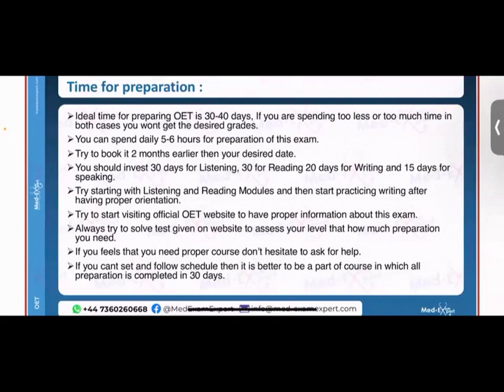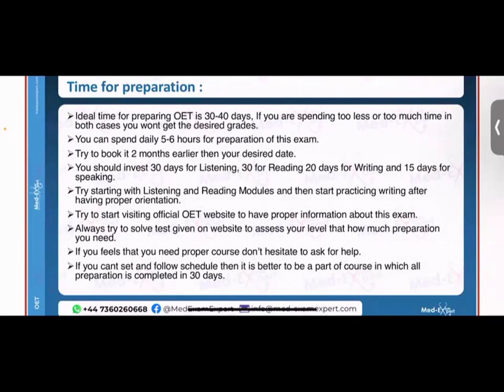But if you are doing much more, like spending 2 to 3 months on this exam but without continuity, you read for 2 to 3 days and then there is a gap of 7 to 10 days, then you solve some exercises for the next 2 to 3 days, and then again you discontinue this activity, then definitely you won't be able to get the desired grade. So consistency is the basic thing, and if you are going to do it for 30 to 40 days, definitely you can ace this exam.